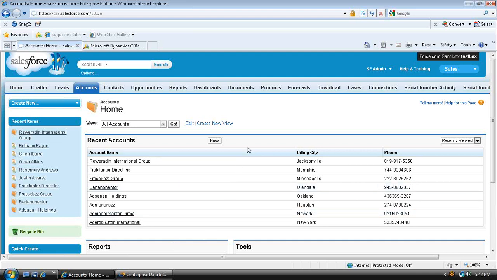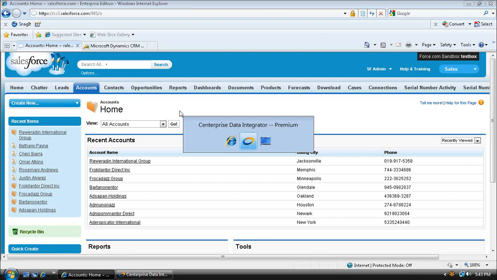In this demonstration, we'll be showing the Centerprise Data Integrator and its capabilities with Microsoft Dynamics CRM data integration. First, we'll be showing you how we're going to be able to move all of our Salesforce information, including leads, accounts, contacts, opportunities, as well as the relationships between these entities, and move them into a fresh Microsoft Dynamics CRM installation. To do that, we're going to use our tool,